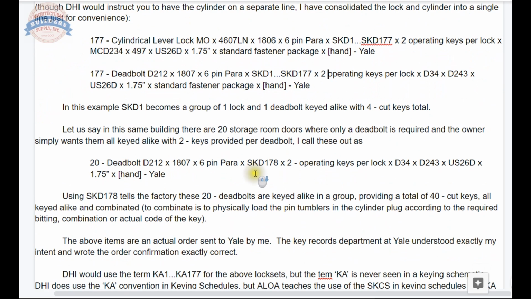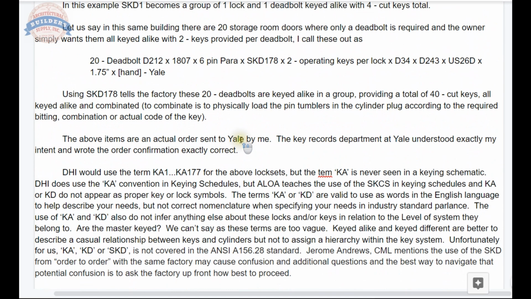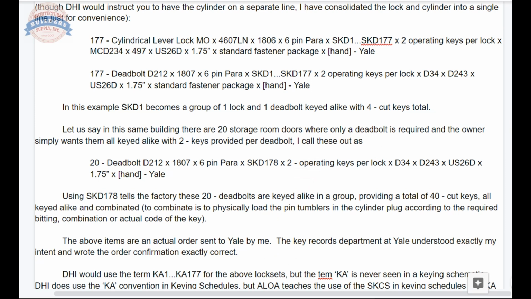So we're going to talk more about the use of SKD in a moment. So as I said, in this example, SKD1 becomes a group of 1 lock and 1 deadbolt with a total of 4 cut keys,